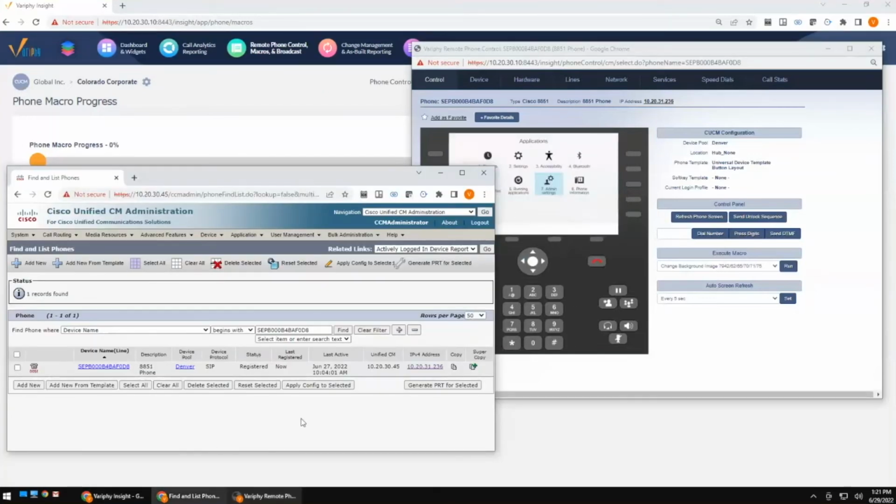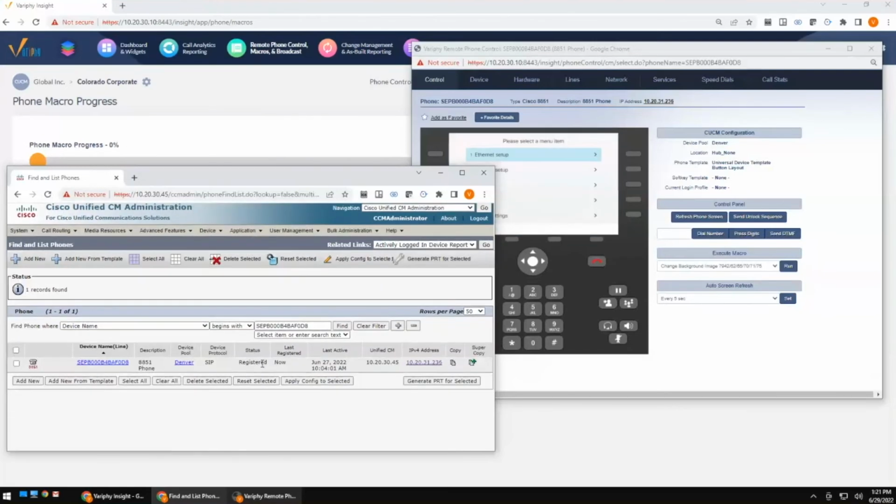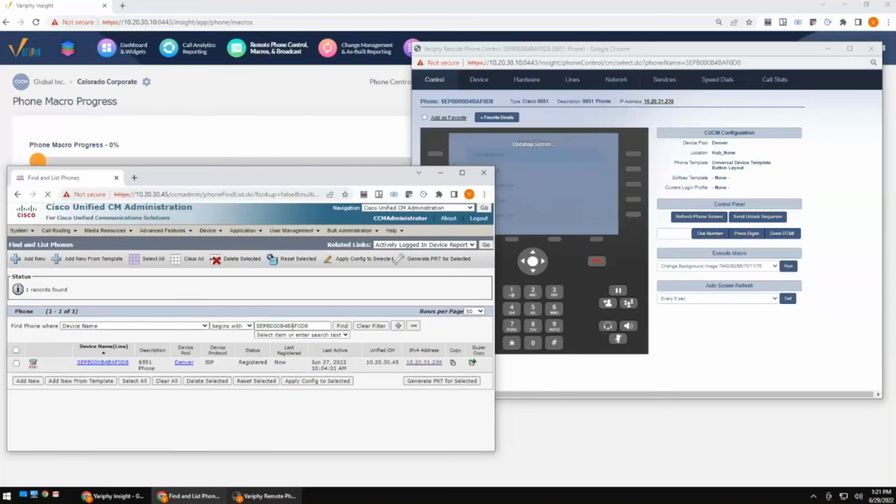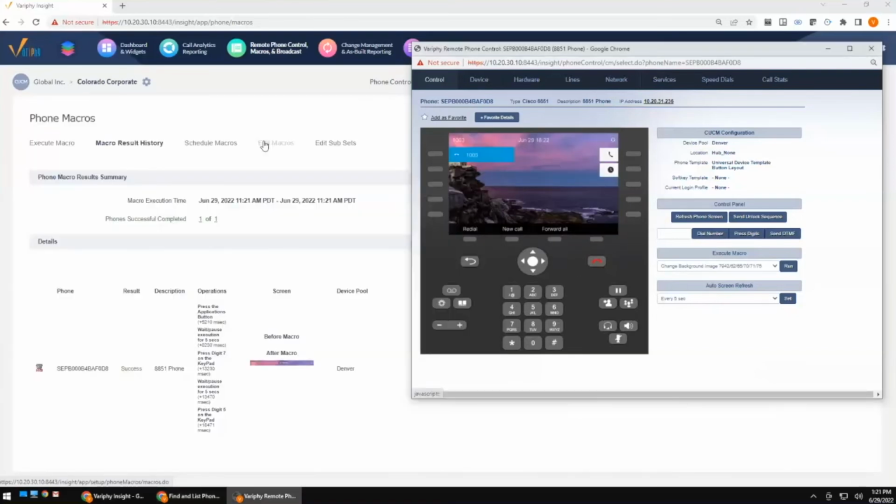You can see we're getting into our admin settings, and let's see if I can refresh. This is my call manager here. We'll hopefully, if we catch it at the right time, we're going to see this guy go unregistered real quickly here. See it going through. Now it's getting ready to reset. There we go. So now we're unregistered because it just reset the ITIL certificates. And hopefully, in a second, we're going to see that guy registered. Phone came back up. And we are back at our splash screen.